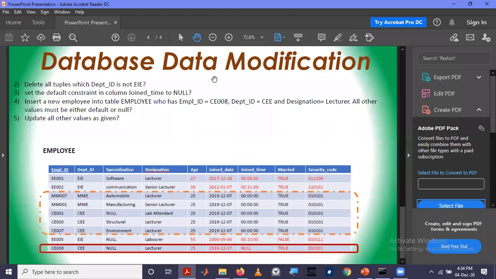Now we will be going for data modification. That means inside the data of a given table, how we are going to change, delete, or update the data of a given table. I will demonstrate using these things. So first we are asked to delete all tuples which the department ID is not EI.